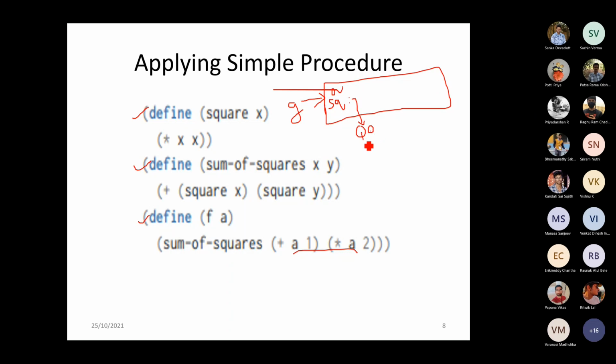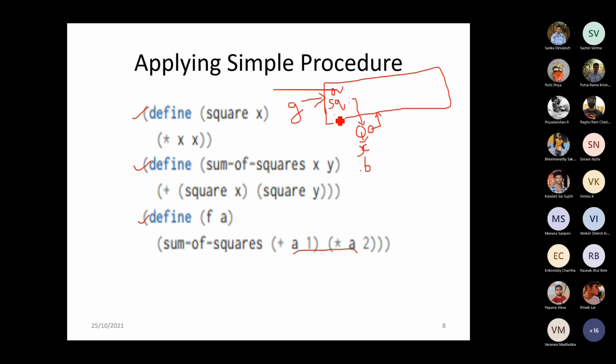Where you will be having the parameters, which is X, and the body of the procedure. I'll just write B, the body of the procedure, which will be maintained, because anyway it is mentioned in the next slide. And this pointer will be pointed back because we don't have any dependency with respect to any other frames. So it will be pointed back to the global frame, the frame which has been created.